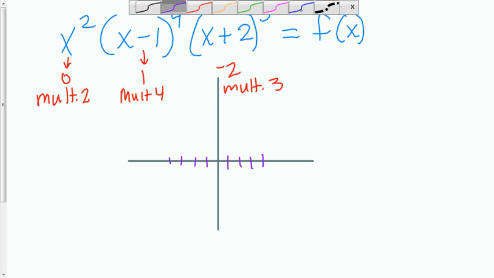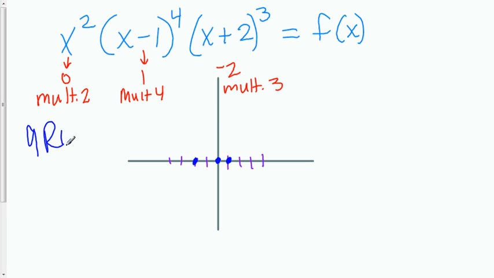So then at 0, we know the graph is just going to touch either this way or this way. At a positive 1, we know the graph is going to touch either this way or this way. And at a -2, our graph is going to run through. And since this has a total of 3, 7, 9 roots in all,